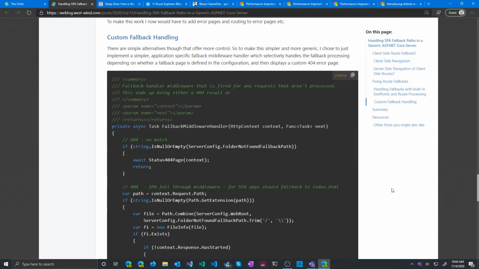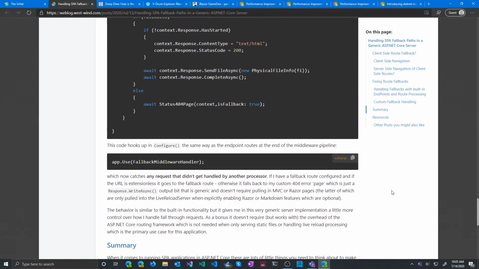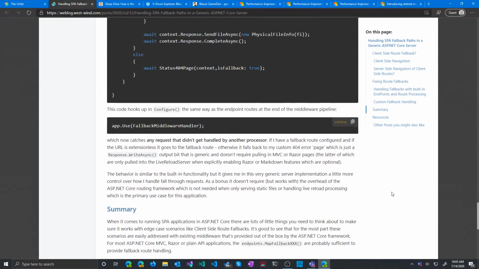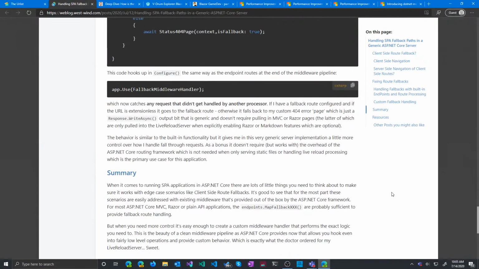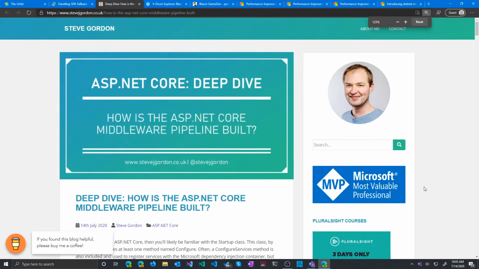I love the whole kind of middleware handling setup and how you can handle just about anything with it. No pun intended, I guess. So here he's got this fallback middleware handler, and that's handling that mapping. So. Speaking of middleware, we have a nice long post going through the ASP.NET Core middleware pipeline from Steve